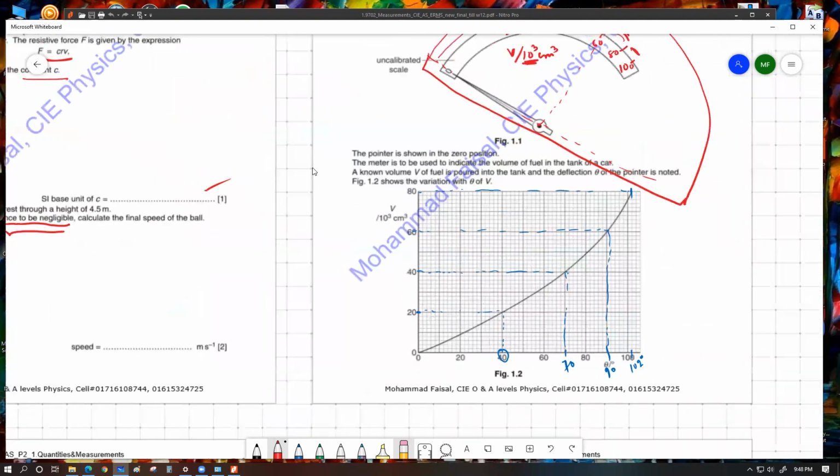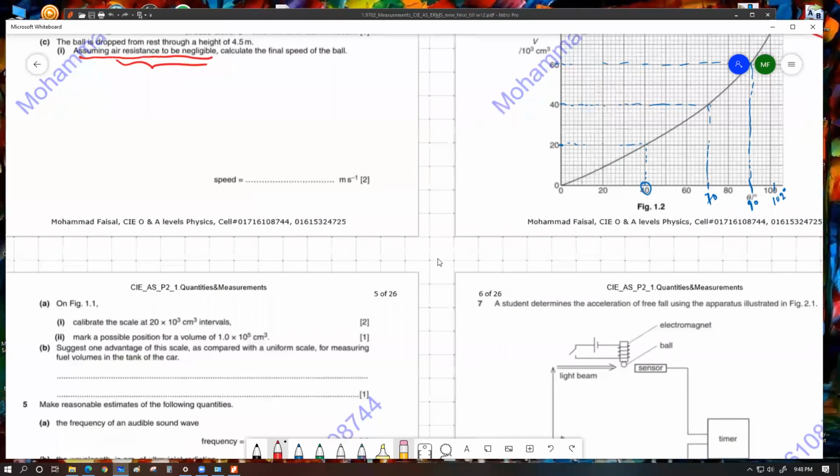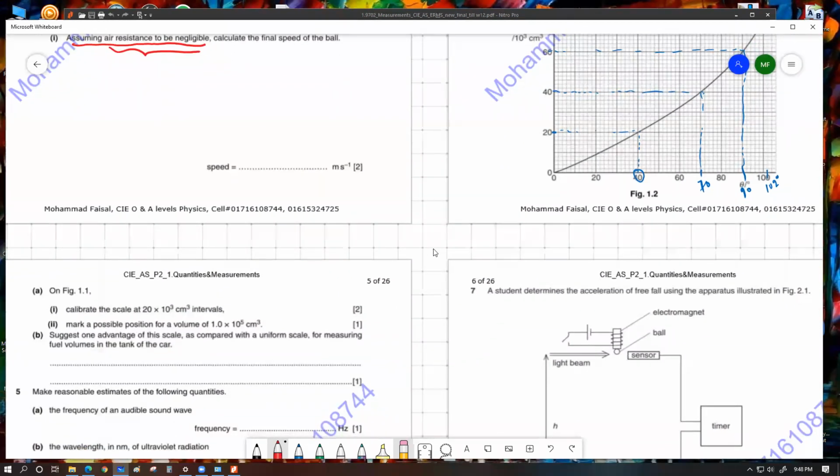আচ্ছা, এরপরে বলছে হচ্ছে suggest an advantage of the scale as compared with a uniform scale for measuring fuel volumes in the tank of the car. So